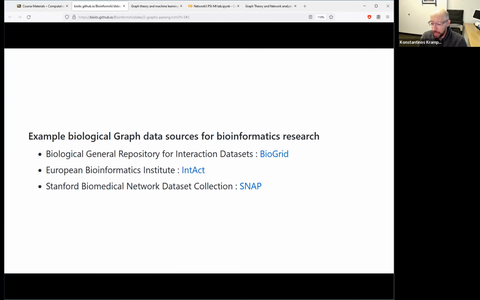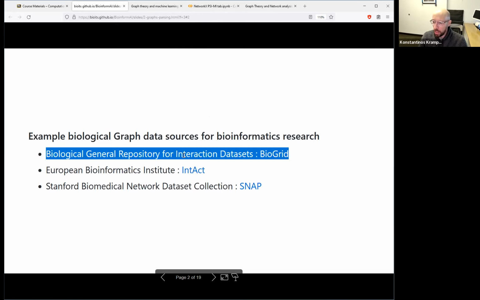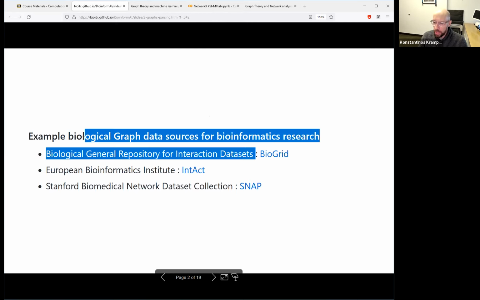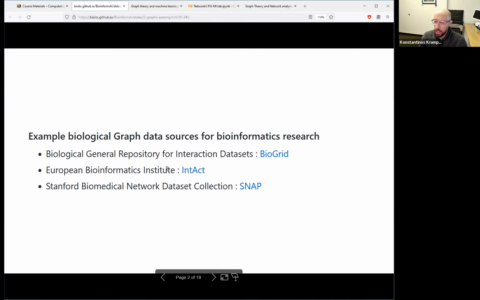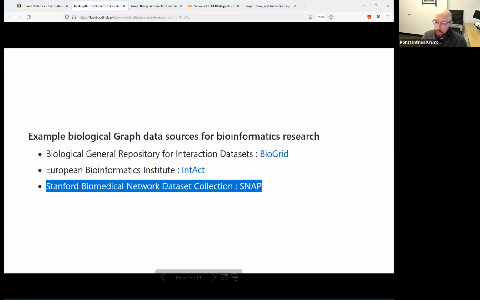We don't have time to cover all of those today. But the reason I picked those three is, one, that's here in the US, and it's very well known in the biological community. The other one is in Europe, obviously, and both of those are backed by big institutions. And the third one I picked because, first of all, it's not from a big institution. I mean, it's at Stanford, but